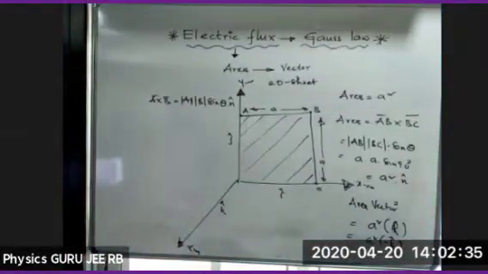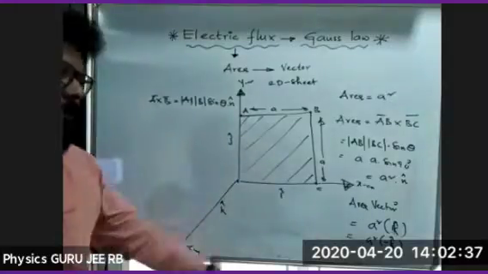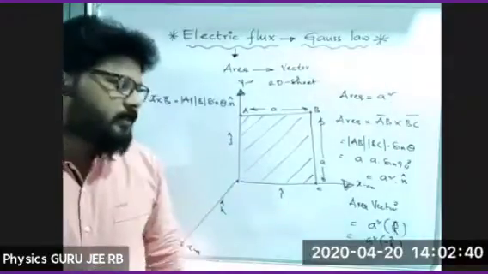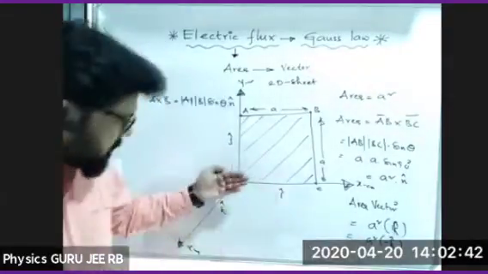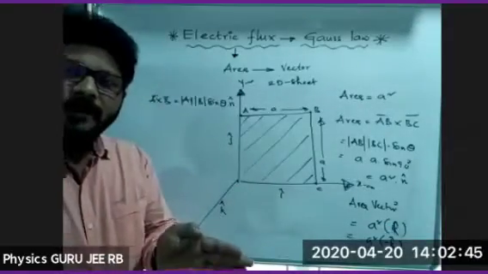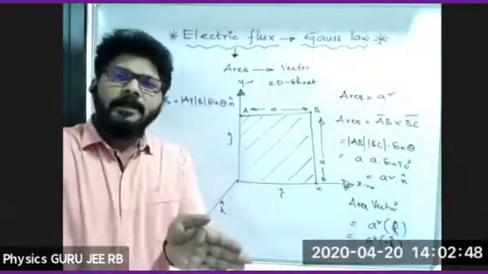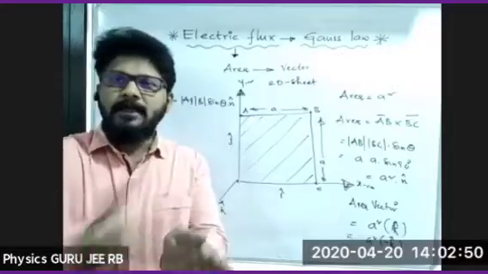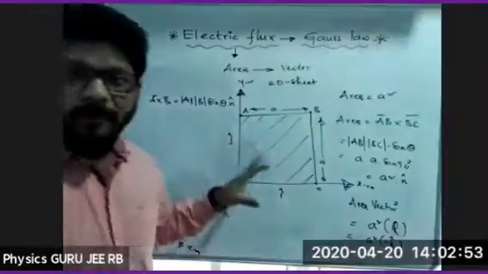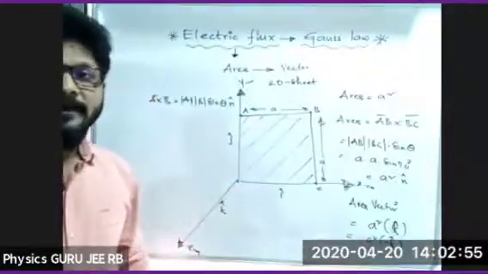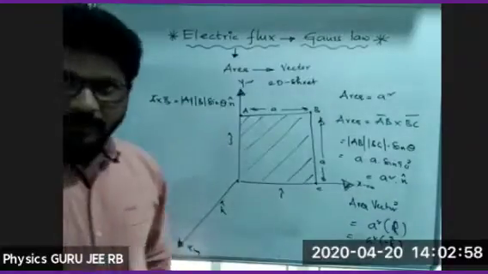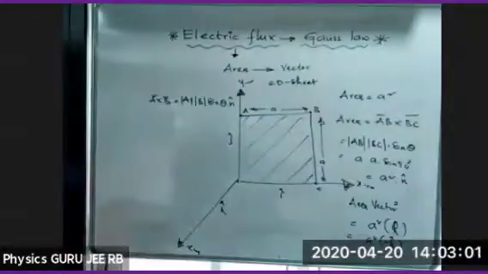So now we converted area into vector. Now the area vector is A square giving the magnitude, and k cap or minus k cap, that is the z axis, away or behind. So plus k or minus k. So this is in the xy plane, so the direction is along the z axis. Hopefully you got it. Take a screenshot.